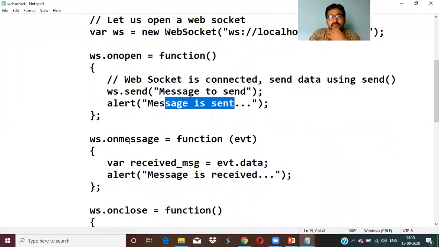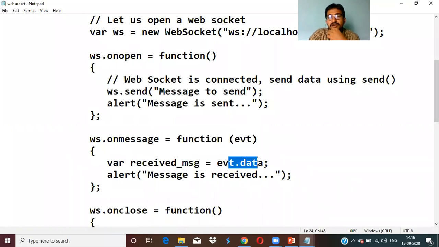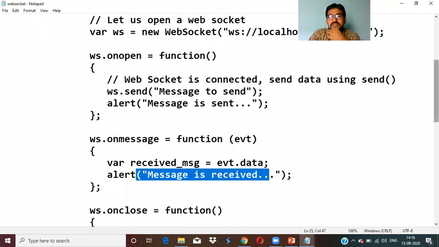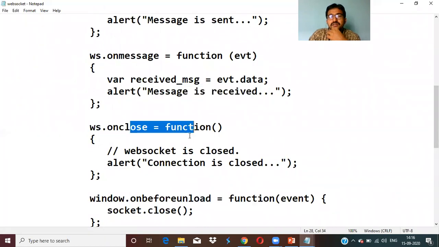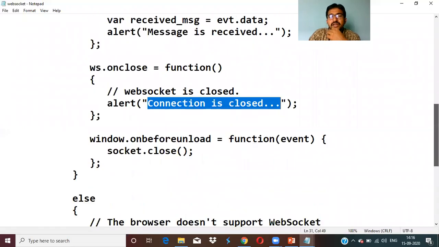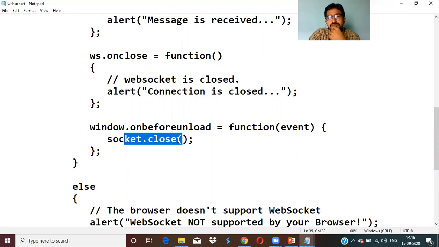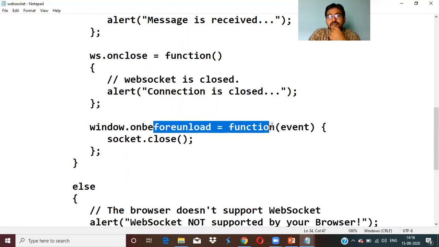Now onmessage, if you receive any messages, it will trigger this function where the received message is event.data. evt is the parameter which receives the data from the server, and it displays the alert message is received. If you are closing, then WebSocket connection is closed. This will be called, right? So onbeforeunload means before you are disconnected, by default the socket will automatically close. window.onbeforeunload equal to function.